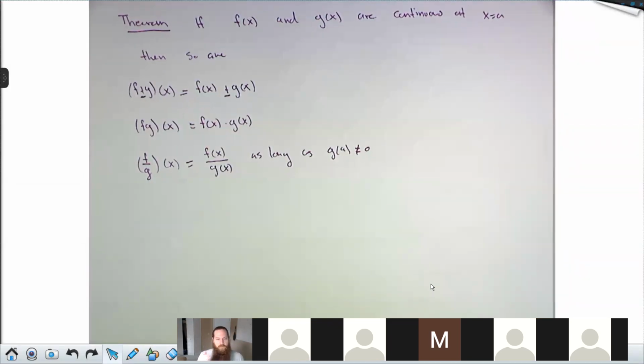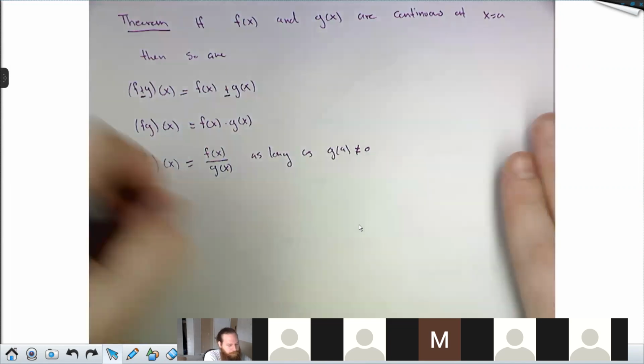So if you have two functions that are continuous at some number, then when you add up those functions, the resulting function is continuous at that number. When you subtract those functions, the resulting function is continuous at that number. When you multiply those functions, the resulting function is continuous at that number. And when you divide those functions, the result is continuous at that number, as long as the bottom isn't zero at that number. And then the big one,